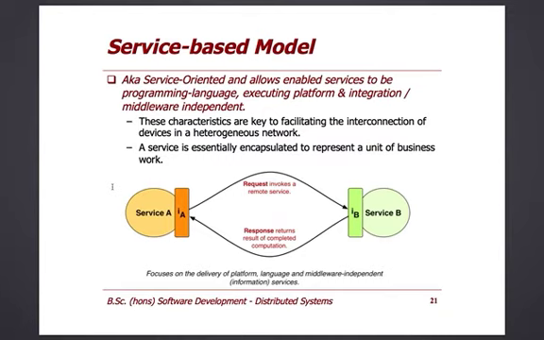Finally, we get to the notion of the service-based model itself. And again, this just leads on directly from the interface and component-based model. A service-oriented model allows services themselves to be described, hopefully in a platform and language-neutral manner. It's completely independent of the programming language and the underlying operating systems. These characteristics are key then to understand the interconnectivity of devices in a modern, heterogeneous, distributed